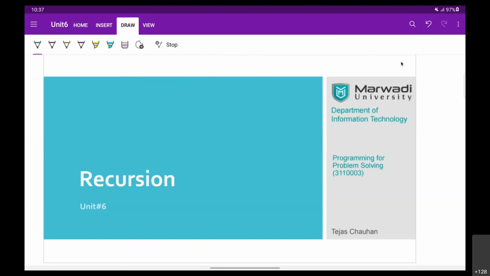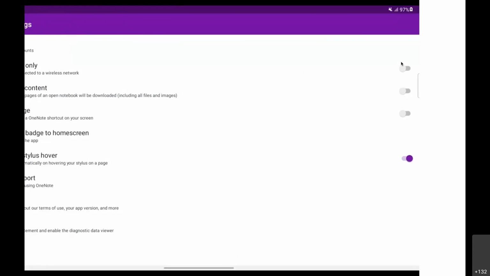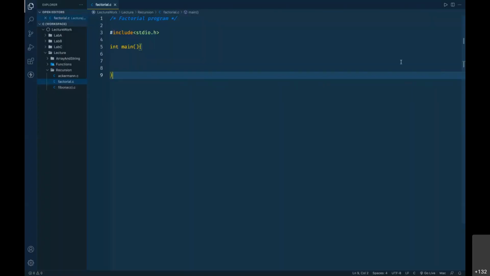So in this unit, what we are going to see is, just a minute. Let me get some settings properly.